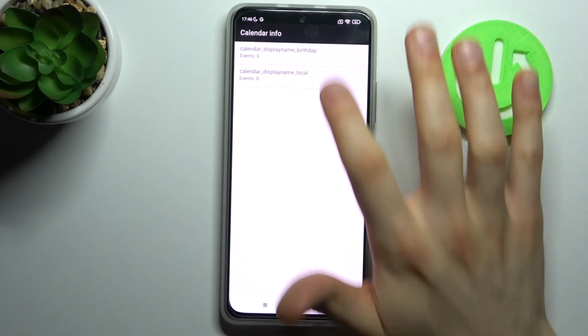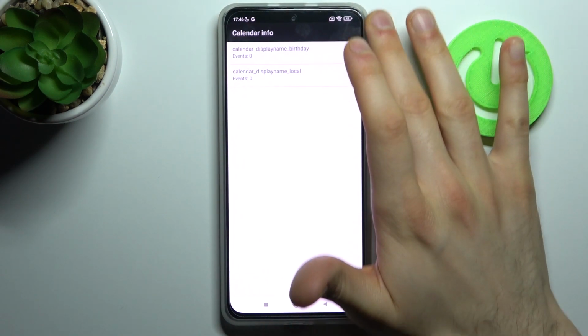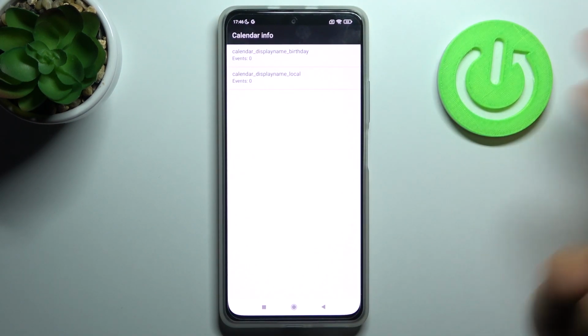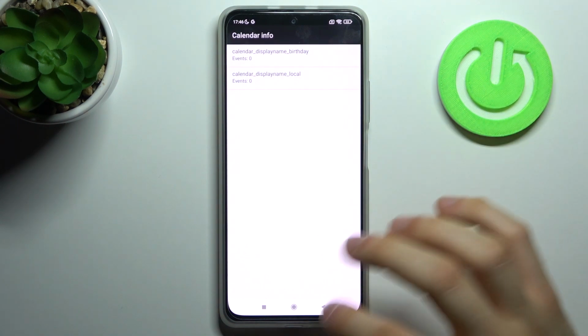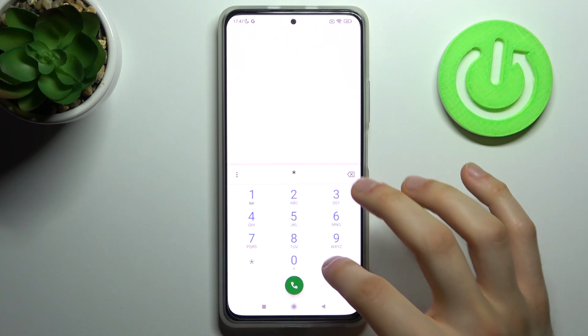*##5225 ###, and this is the calendar info menu. Here you can watch different calendars if you have them added on your device, I guess. As you can see, I don't have a lot of calendars here. Next code will be